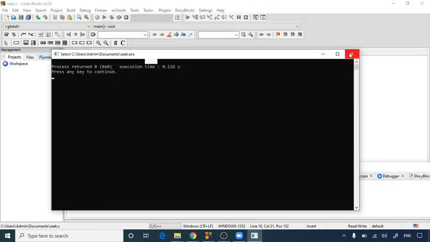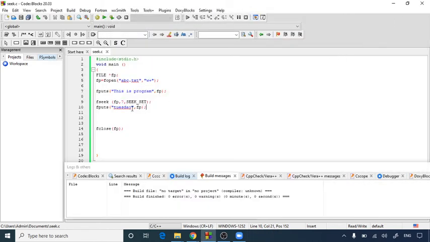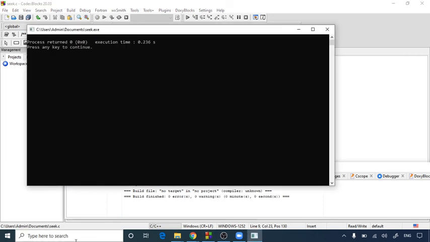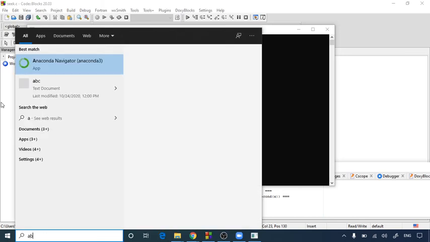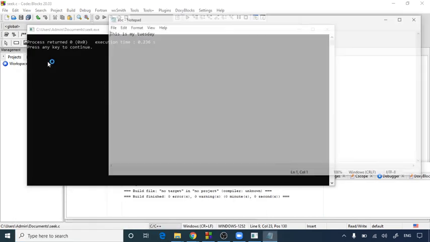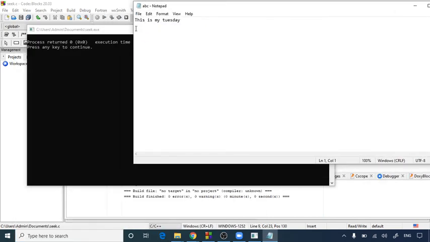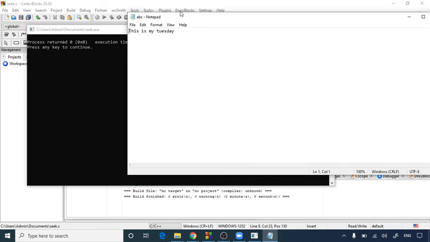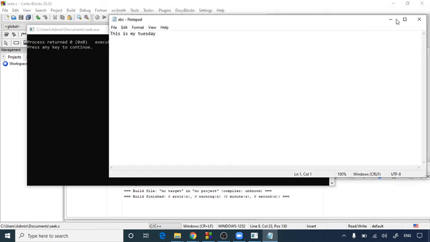Instead of Tuesday, let's try something like "my Tuesday", and I'm going to build and run it again, and open the abc file again. Here you can see "this is my Tuesday" is being printed in the same abc file.